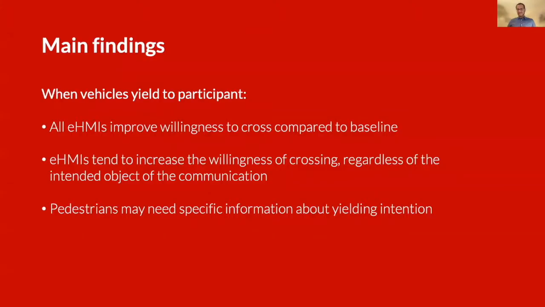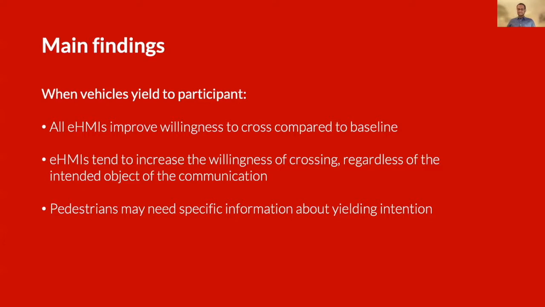In general, our findings corroborate previous research that eHMIs tend to increase pedestrians' willingness to cross when interacting with an automated vehicle. However, the implications of these findings become more meaningful when we look at them from the context of the scenario when the car was yielding to the other pedestrian. In some cases, eHMIs cause people to have a willingness to cross even if the car intended to yield to the other pedestrian. Thus, they reinforce findings in other research that eHMIs can cause overtrust.